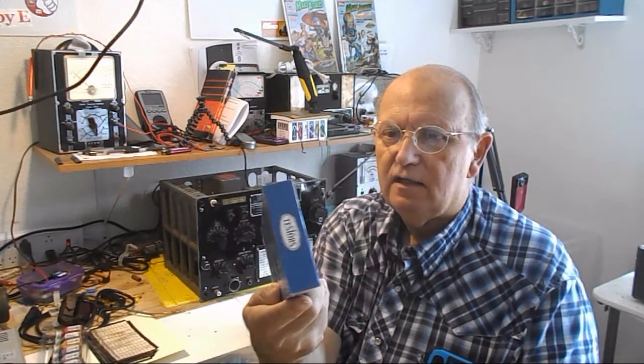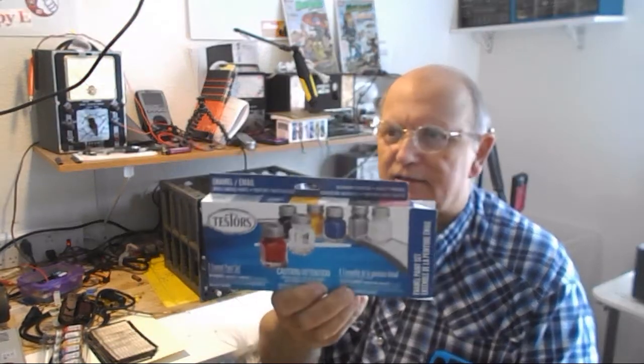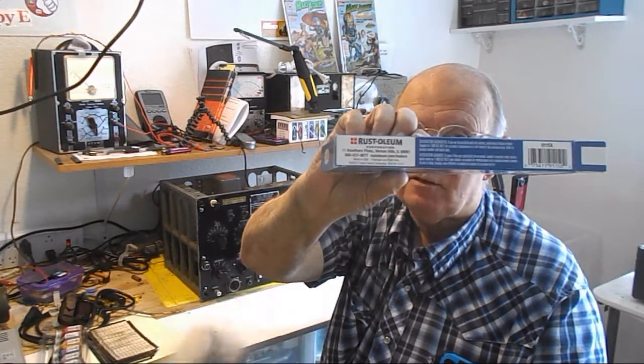And so what I ended up doing was I got my good old Testors paints, and these work on metal too, and not just plastic, because you can use these to paint metal cars, which I have. The ones that are the Hubley type that are pretty expensive now, and I have about 3 or 4 of them. And on top of that, if you look on the side of the box, Rust-Oleum makes it, so it's not a big deal. It'll work on plastic and it'll work on metal. So, getting my little small pencil brushes like that,